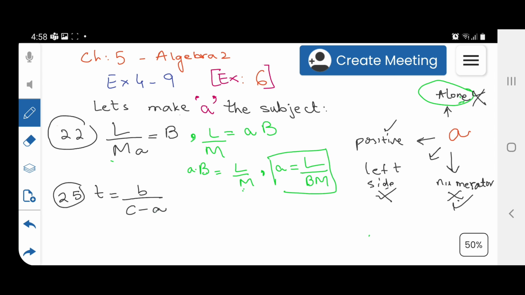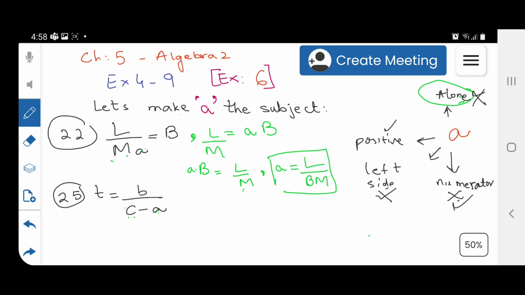Now here we have again A in form of denominator, but here A is also getting subtracted and also getting divided. So now let's see how we are gonna solve. First of all, this C minus A, from here we can take this A alone on the other side, but when they are getting added or subtracted, we cannot separate them. They can go with each other. Like if we are gonna take A in the numerator on the other side, we have to take the whole expression C minus A.